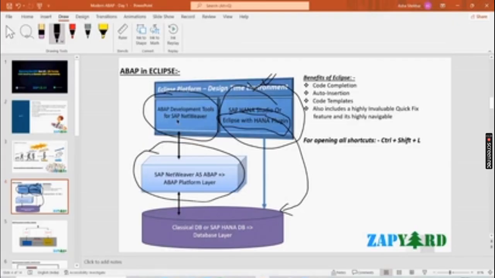With your NetWeaver application server, won't you get the existing features of your ABAP Workbench? Yes or no? You will obviously get that. But in addition to that,